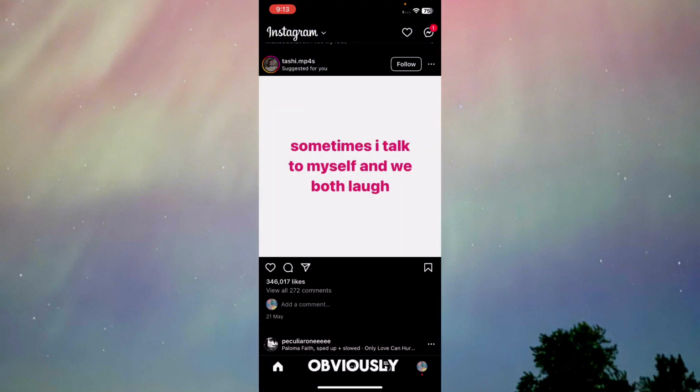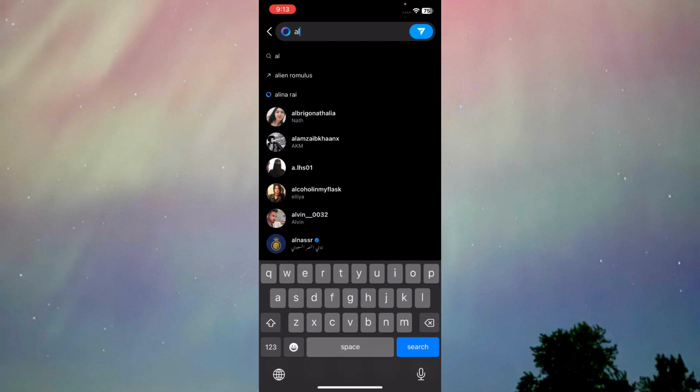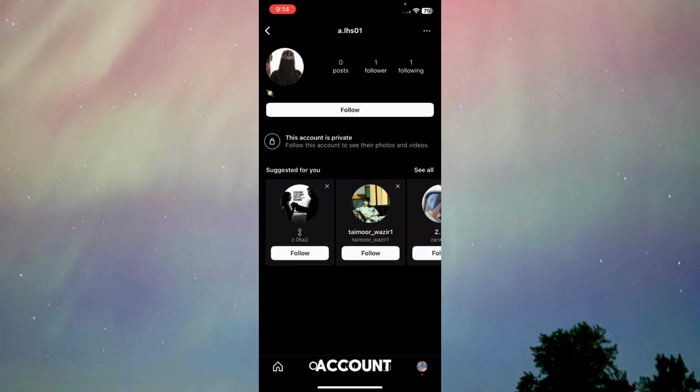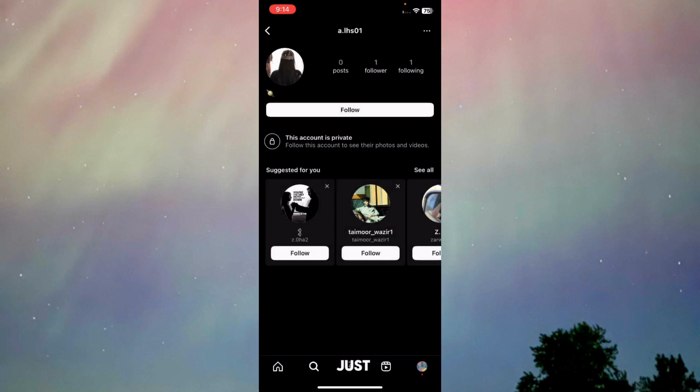First one is obviously by restricting them. So you can just restrict the account and it will work. So how can you do it? Just go to your search and search up the account that you want to restrict. So I'm just gonna go for this account, and here as you can see, you can basically restrict them by pressing on these three dots on the top of the account. Once you press on it, here you will be able to see an option of restrict. Just press on it,